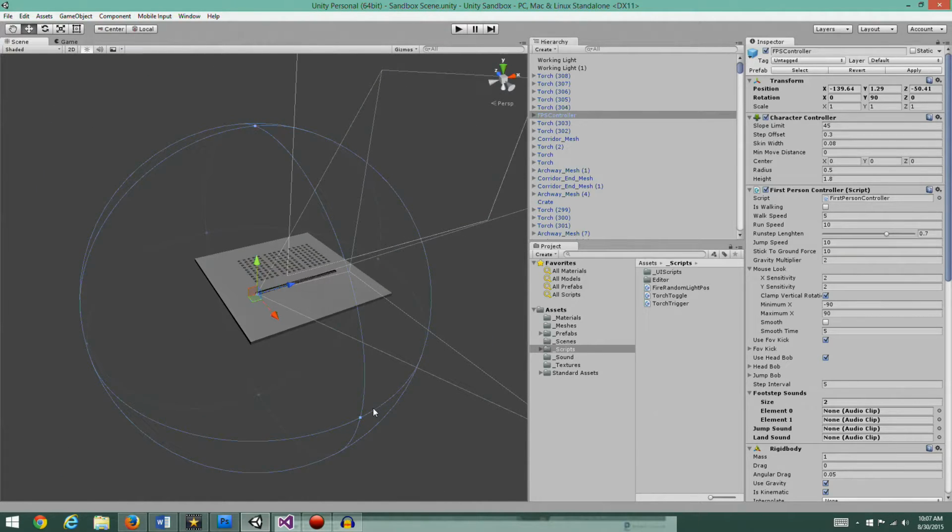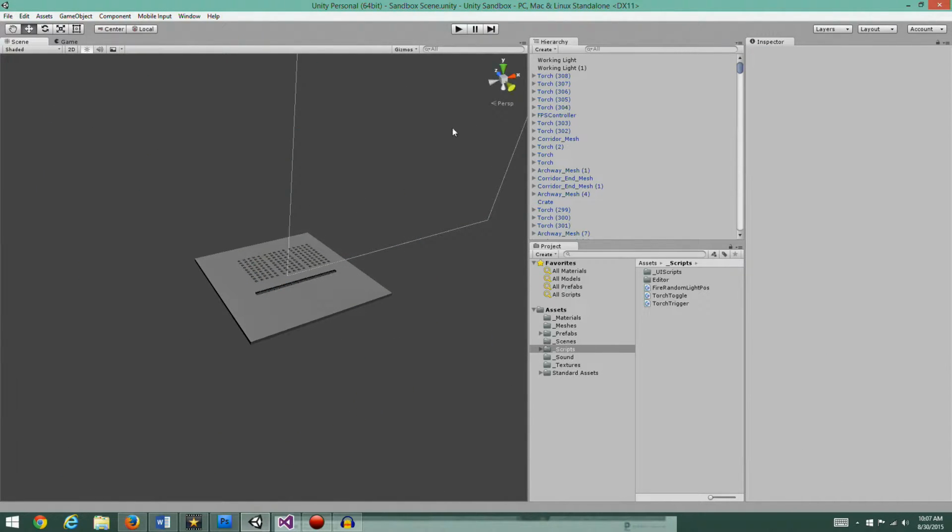What is this? Something to do with the camera, which I just lost. Okay,